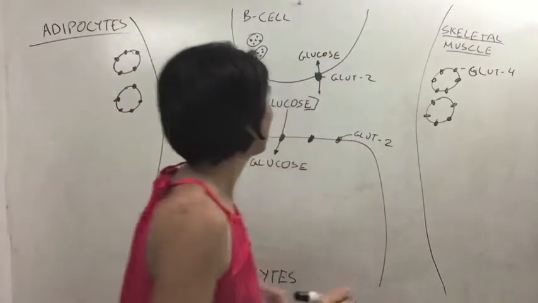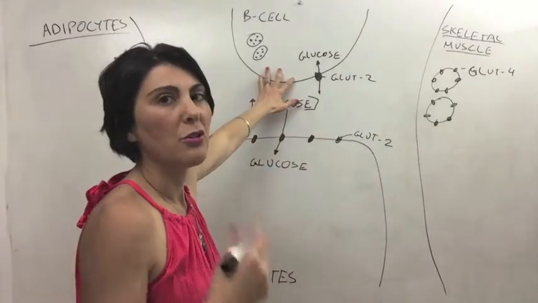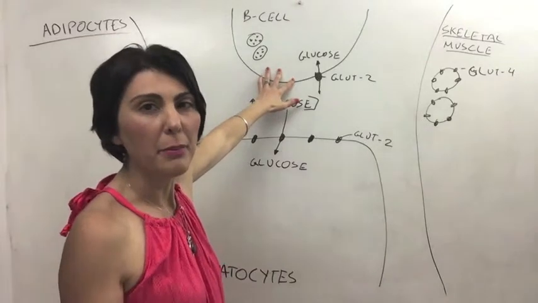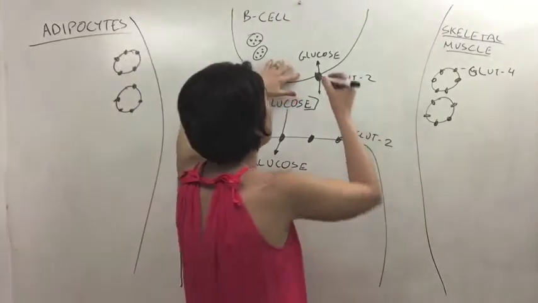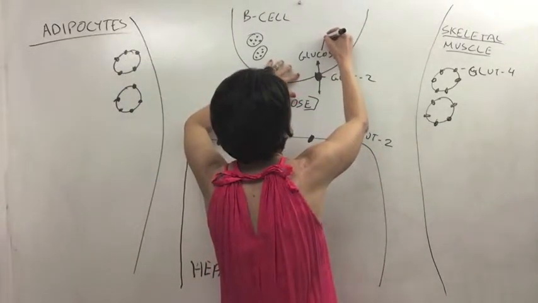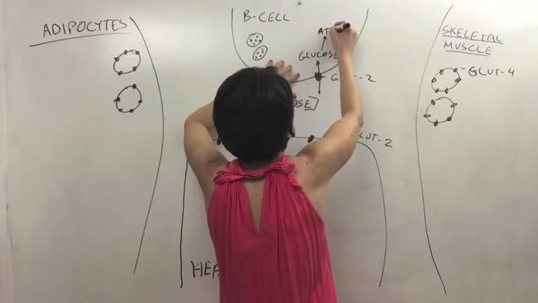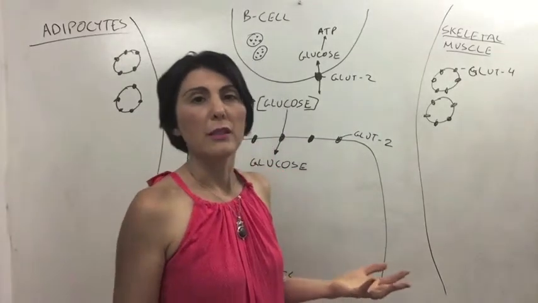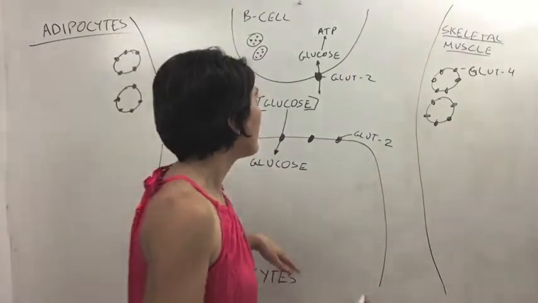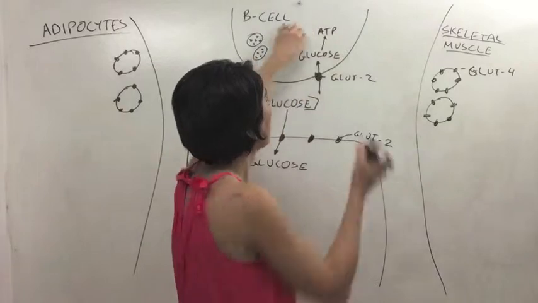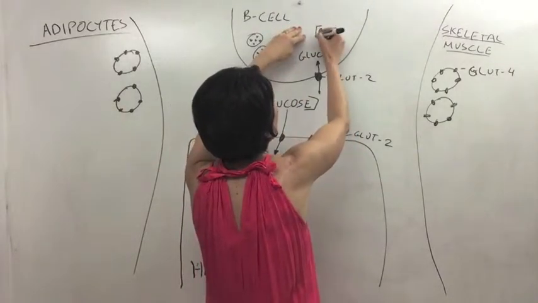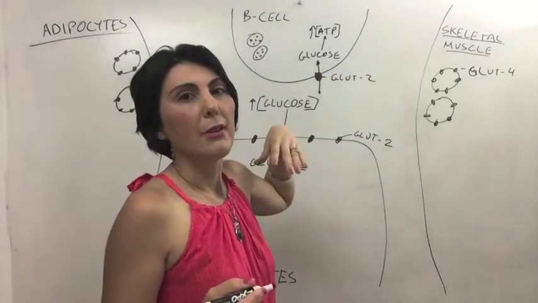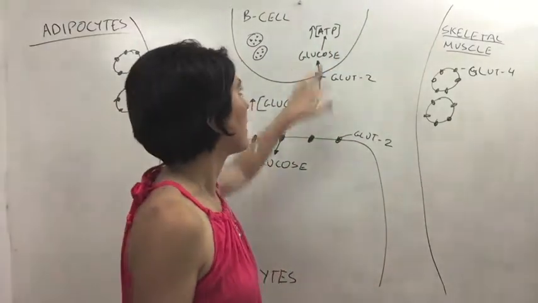Okay, now glucose, the beta cells are going to utilize glucose to generate the fuel source, ATP, that we talked about before. So it's going to go here, ATP, and it's going to do this through glycolysis and through oxidative phosphorylation. Now, the significance of an increase in concentration of ATP is that there are potassium channels that are sensitive to